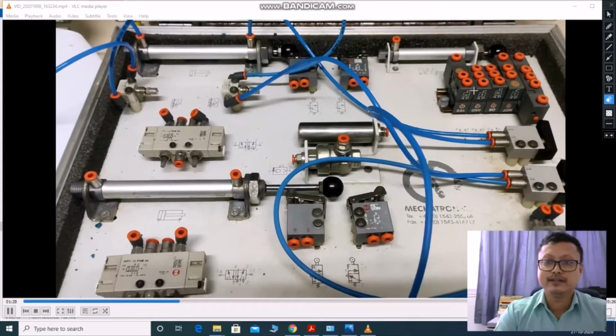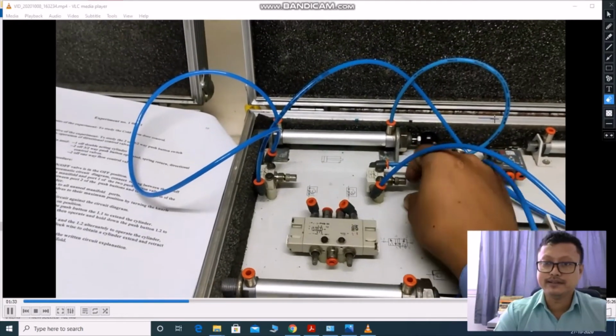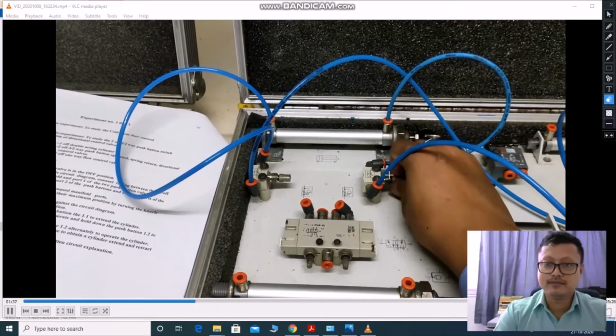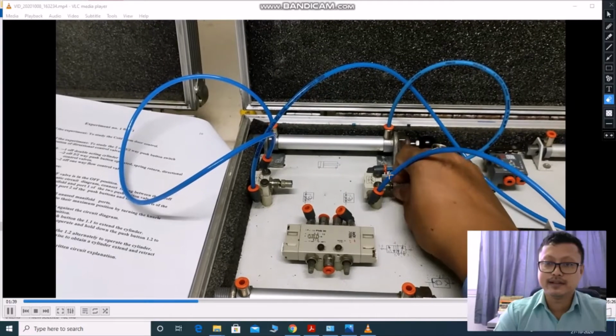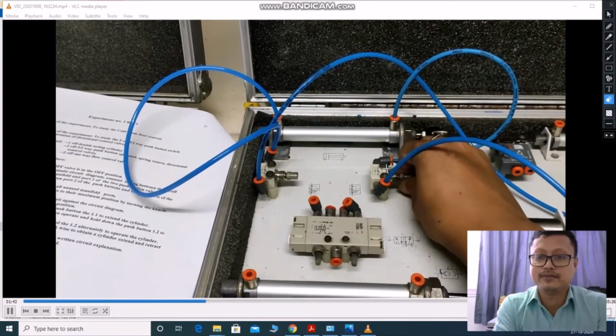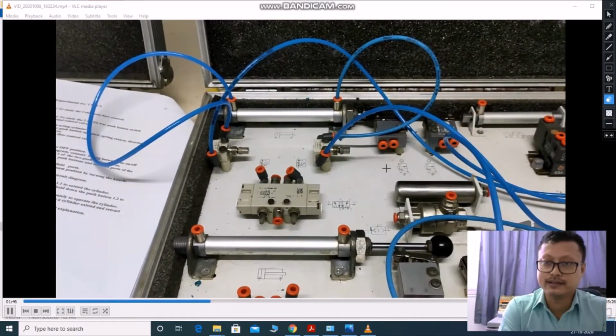After completing this circuit, we are going to regulate the flow control valve and check its effect on the motion of the double acting cylinder.